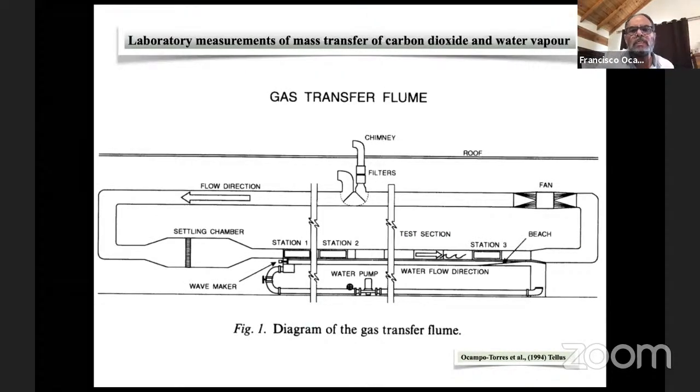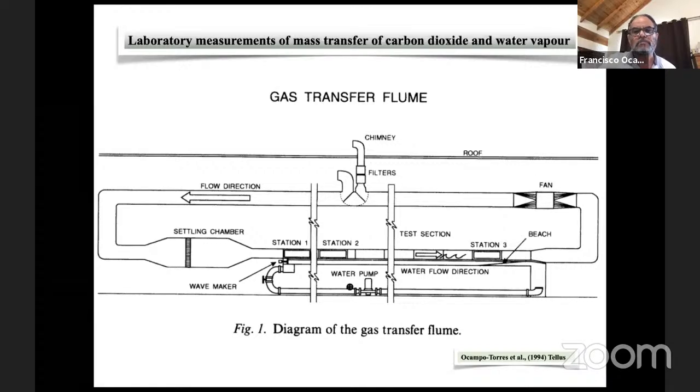So to get this a little bit more clear, I'm gonna show you some classic or historical results that we obtained in a so-called gas transfer flume, where we have wind imposed by a fan on the upper tunnel, and we have waves in this water tank. So we measure the waves at stations 1, 2, and 3, and we also measure the CO2 in station 2 simultaneously within the water and within the air. So we run a series of experimental tests, and for each particular wind speed, we inject CO2 in the water. We close the flaps to make the system tightly closed, and did the measurements to obtain at each experiment one